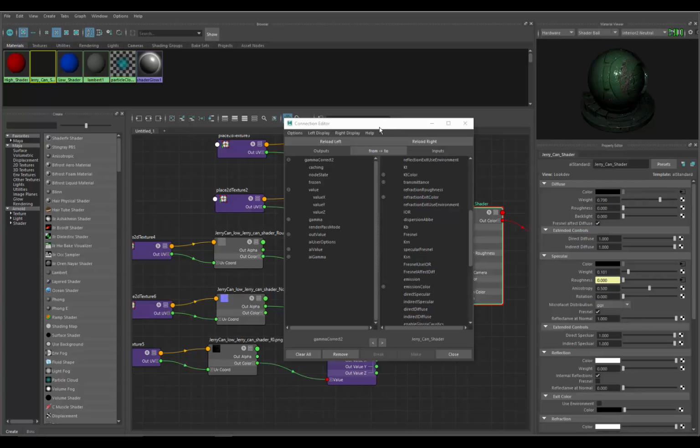Now that we have the connection editor up, Maya doesn't know how to connect the gamma into the reflective at normal, so it needs a little help. That's why it's bringing up the connection editor. So what we want to do is go to the gamma correct, which is on the left, and go down to value, hit the little plus sign, extend that down, and then select value